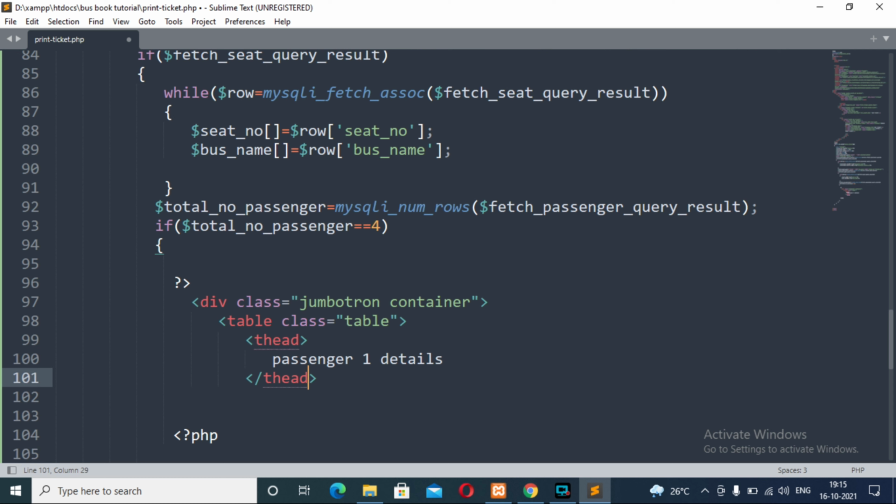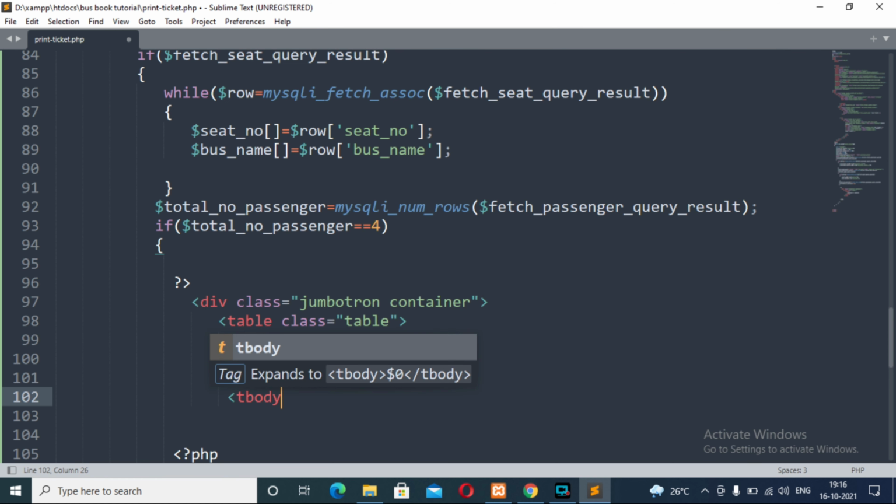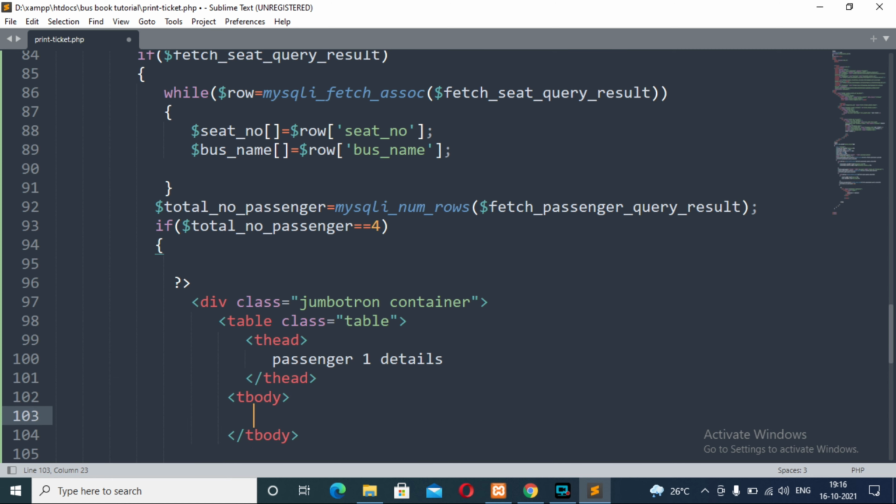Passenger 1 details, okay. After that there will be the tbody HTML tag, which contains the body section of our table. I have already used a thead tag, which contains the head section of our table. The next tag is tbody, and inside the tbody tag we will have